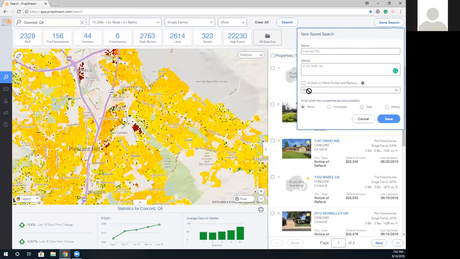So if you do a save search, will that automatically update when the data updates for that specific information? Absolutely. And not only will it do that, Bo, we will notify you if something changes. So here is the email option. This is why your username is your email. So today we had 15 results. If I select immediately, if tomorrow 15 turns into 16, I get an email notification saying a new property with your criteria just appeared. So that notification can be immediate, at the end of the day, or at the end of the week.